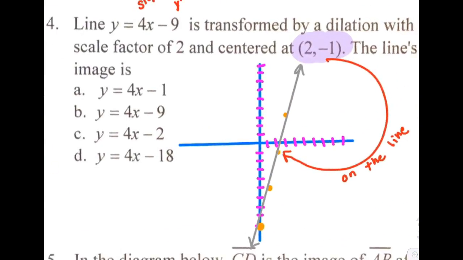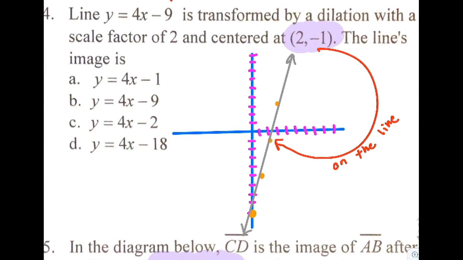Number 4, and I would use real graph paper for this problem. I did a really neat job because I had the iPad. I wouldn't expect you to graph this accurately by making your own grid. So you'll have graph paper available to you if you needed it, or ask me for it and I will give it to you. You graph the line, which is already in y equals mx plus b form. The y-intercept is negative 9 and the slope is up 4/1. So I put the y-intercept at negative 9, and then I went up 4/1, up 4/1,